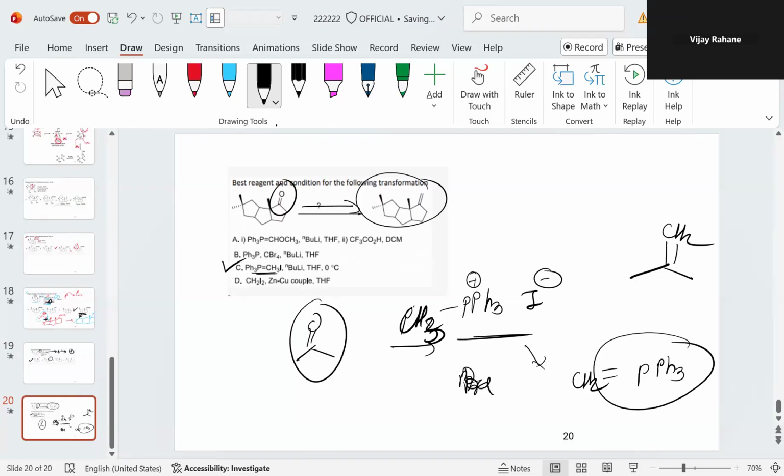The other option, if you look here, PPh3 with CBr4, will lead to the formation of a CBr product like this. Another option given is CHOCH3, which is not a good Wittig reagent. Then the other option here is CH2I2 with a zinc copper couple. So basically, this CH2I2 when it is treated with the